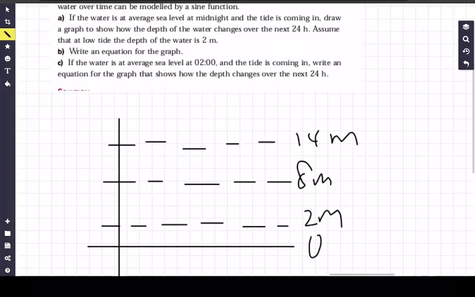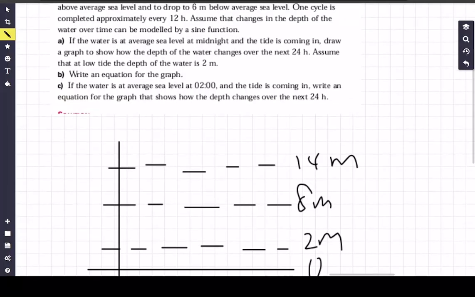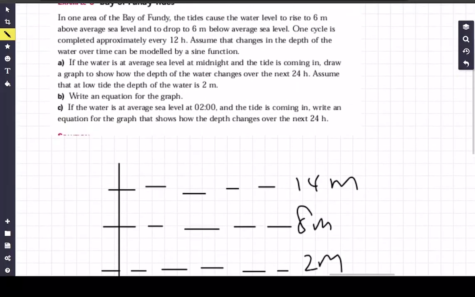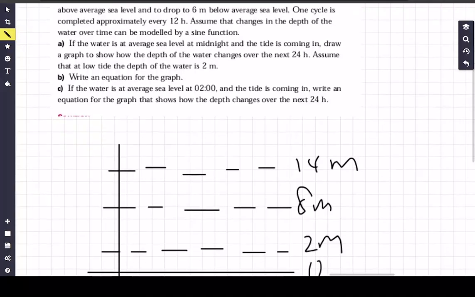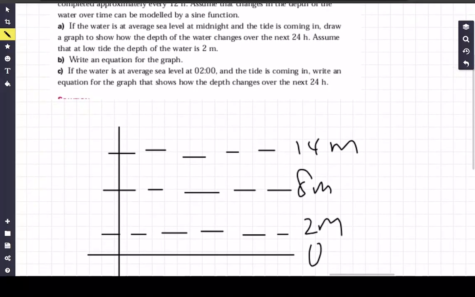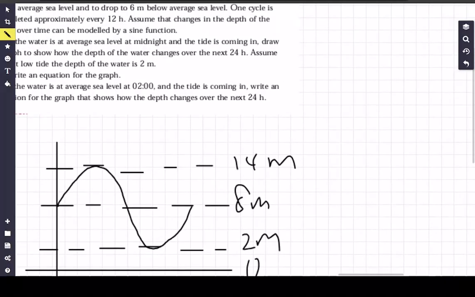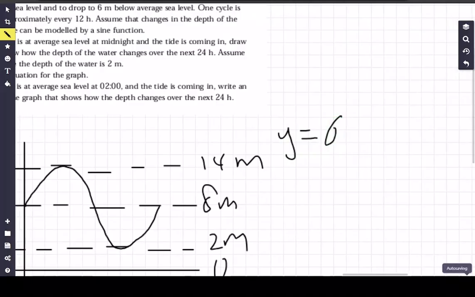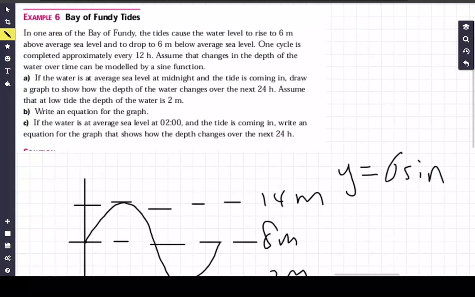Write an equation. Oh, we don't draw it? Okay, so it's at midnight, and then it's a sine function. If the tide is coming in, the tide is going to cause the sea level to go up. It's going to look something like this. That's going to be the sine function. So the equation of the graph, we're going to have y equals, and then our amplitude is 6, so 6 sine, and our period